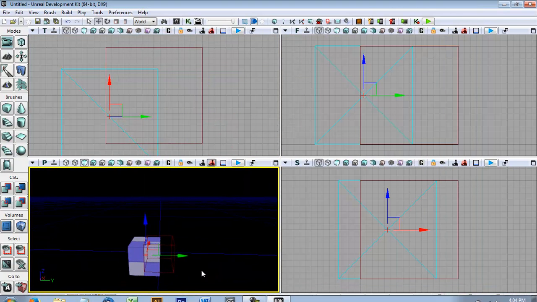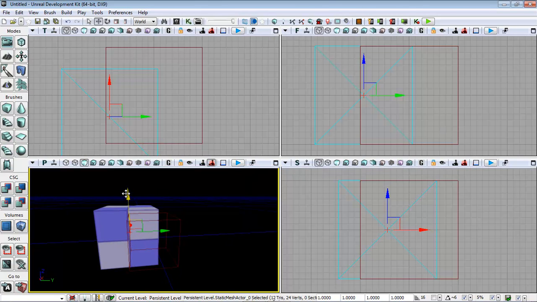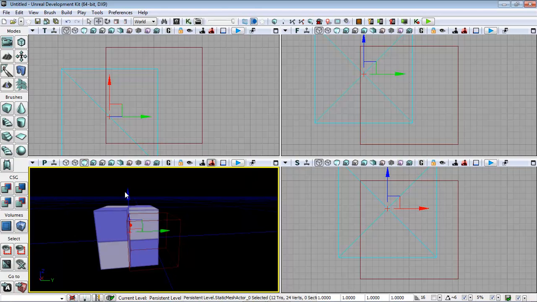And now you see how I have my box. There's nothing else going on. Pretty basic. Now the neat thing about this is even though this is a pre-made box, it's a static mesh as opposed to a brush. So we can do things like animate it. You can't animate a brush. You can make this physics-based, so there's ways you can get this to move around. You can throw it around, build blocks, all that kind of stuff. So there's a lot more benefits, and you can also make this in another program and bring it in. So what we're going to do is see if we can override the texture